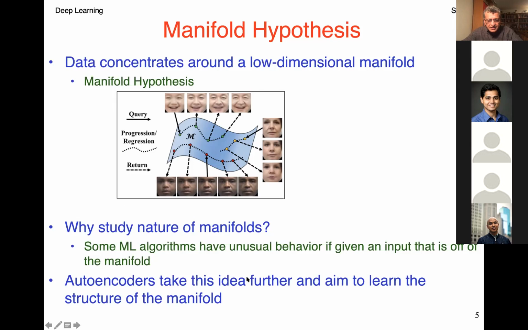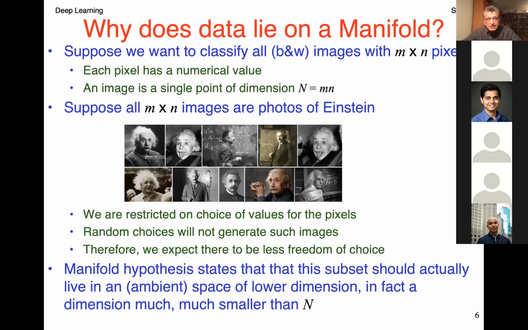Autoencoders take this idea further and aim to learn the structure of the manifold. What is the nature of this manifold for this data? So the question we can ask is, why does data lie on a manifold? What is the reason that all of the